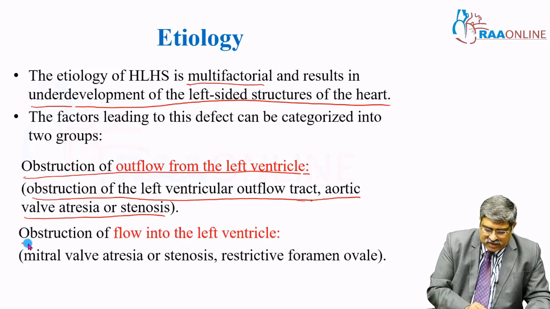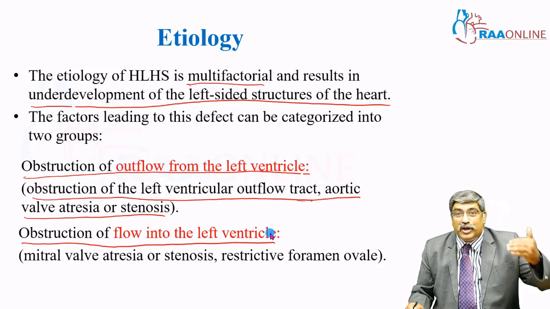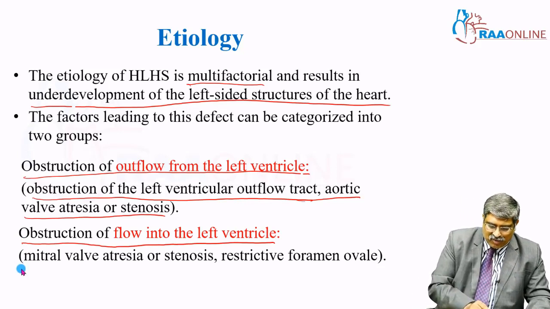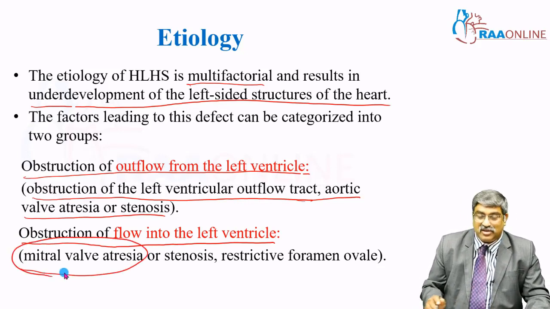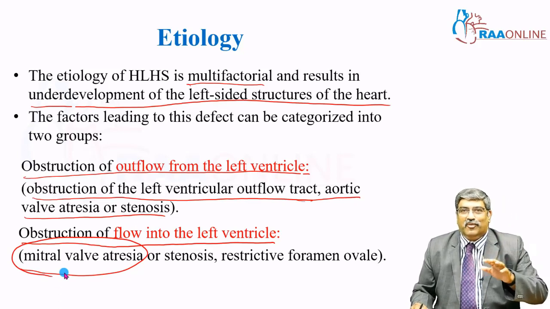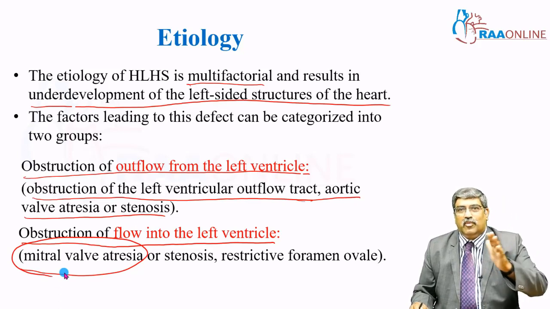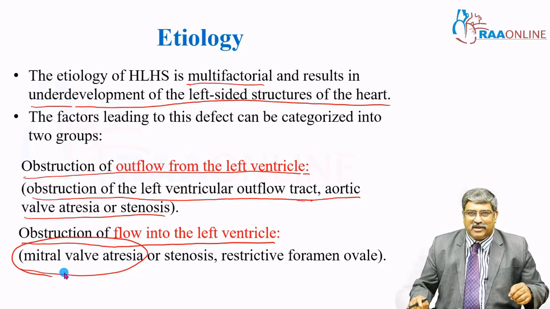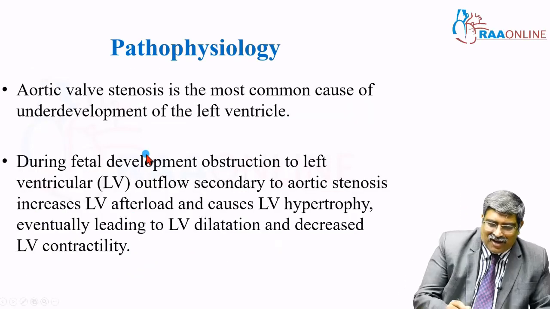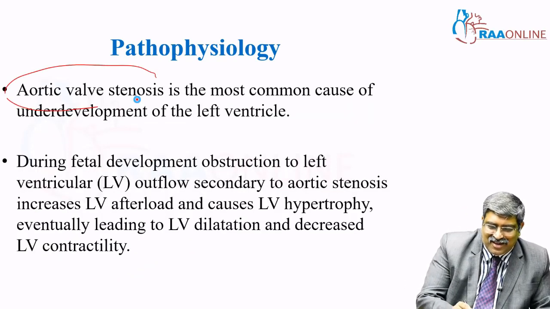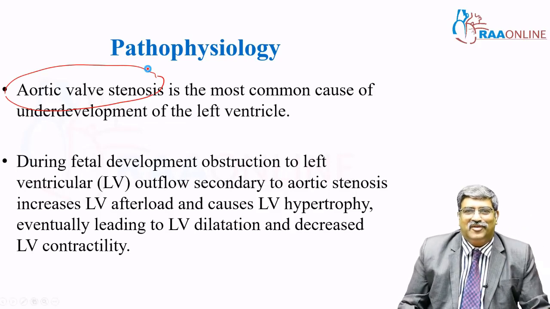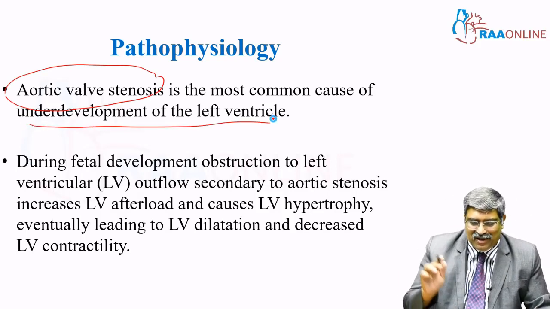The second is obstruction of flow into the left ventricle. Here you have mitral valve atresia or stenosis, or a foramen ovale which is restrictive, so no blood goes into the left ventricle. Now coming to pathophysiology, aortic valve stenosis is the most common cause for the underdevelopment of the left